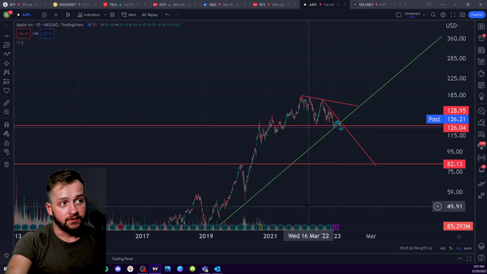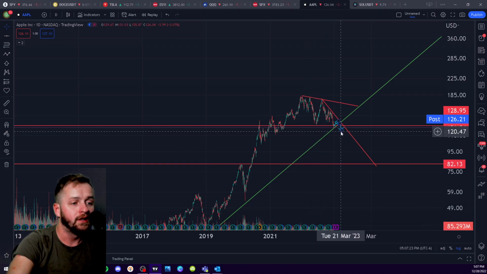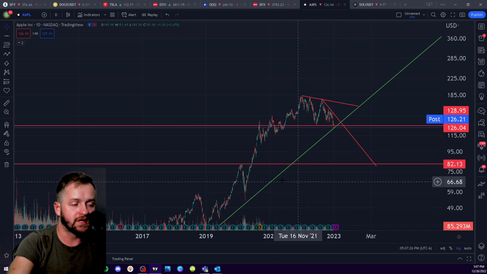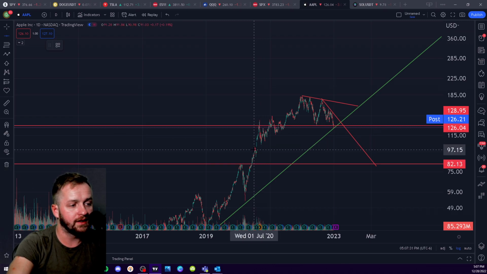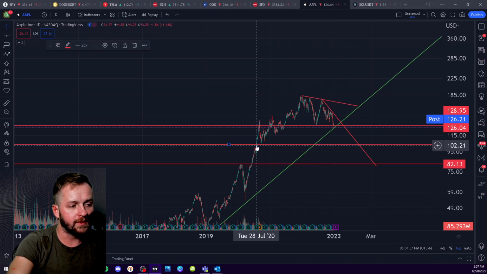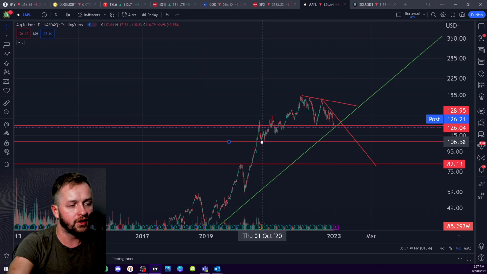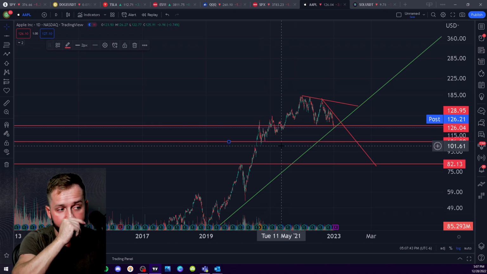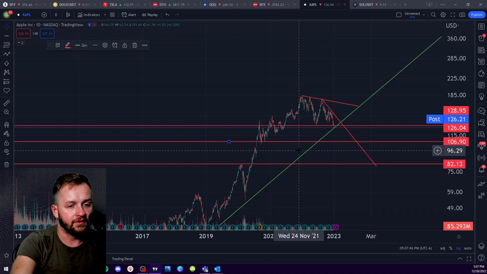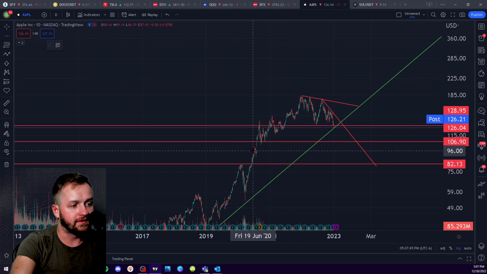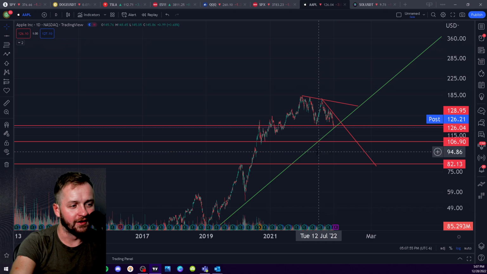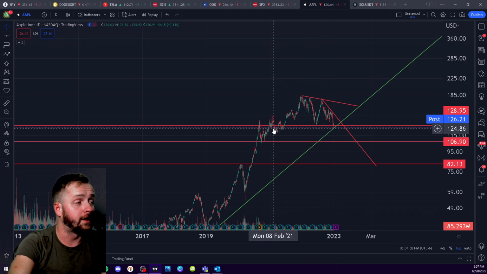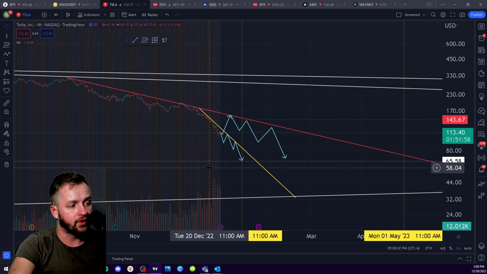All right, so kind of a big deal. That's what we're watching, and it can get worse than that. That's just my first target. If you're looking at things like this, you see this big crazy gap up here in 2020. So what this means is there's basically no support from here, from $107. If you break down below $107, you can essentially just go to $96, almost instantaneously. Okay, so those are just things to look for. All right, let's look at Tesla, and then we'll get into some crypto stuff.